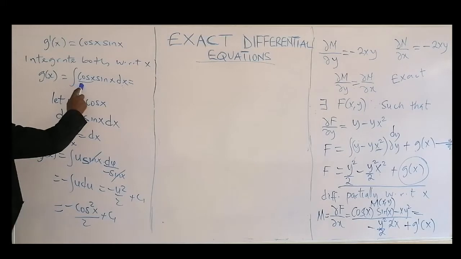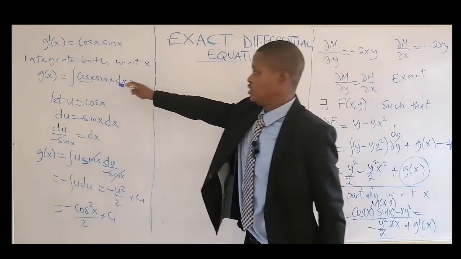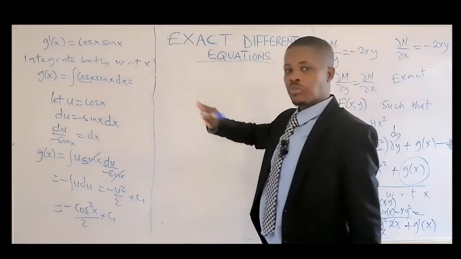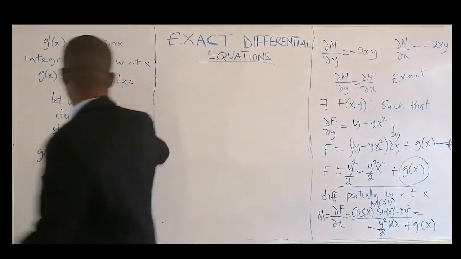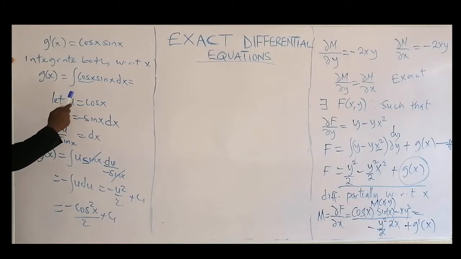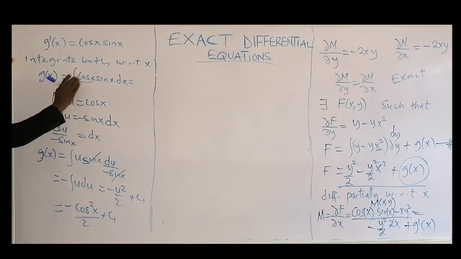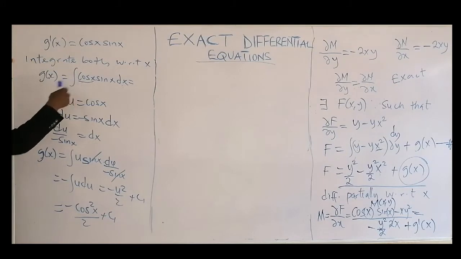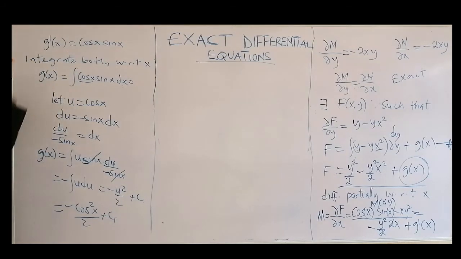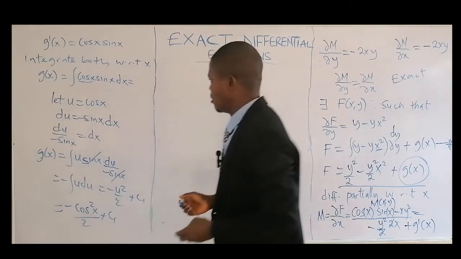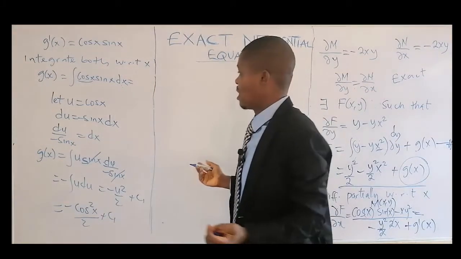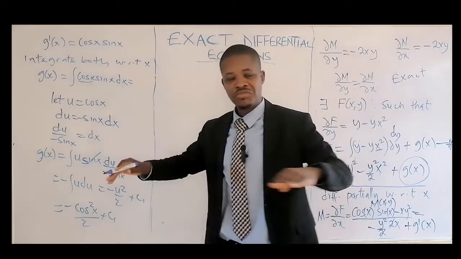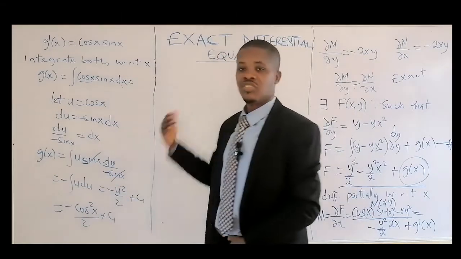I want to make more clarification on where we have g of x equal to this. There are many approaches you can take to get the integral of this. We said that in this place we substituted for cos x. You can as well substitute for sin x. The choice is yours. If you substitute for sin x also, there may be variation in the answer, but that's just a standard method. When you have sin cos, you can substitute for any one of them and use your change of variable.